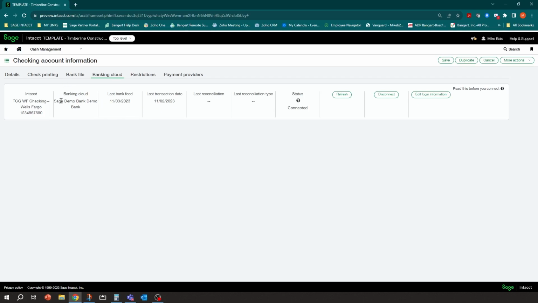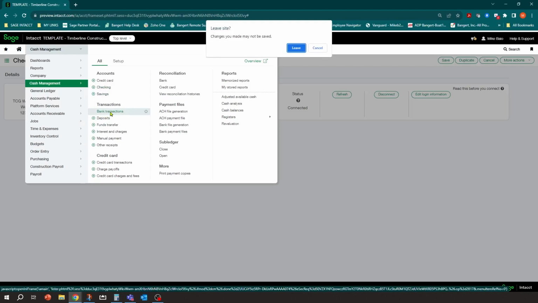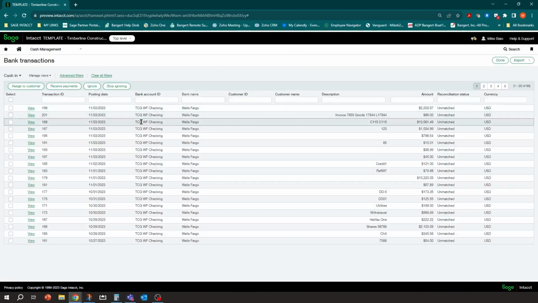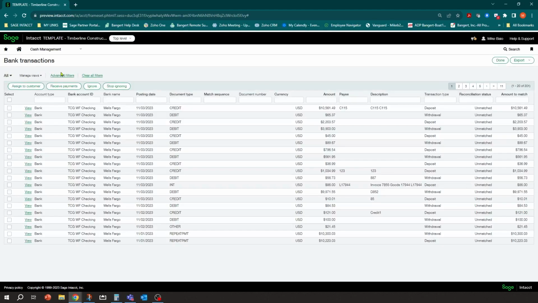But once that's done, you can see here I'm synced up to a live demo bank here, and we have some feeds from today that are connected. I'm all good, so I should be able to see transactions in the system. So let's take a quick look at those transactions. If I go into bank transactions here, you'll see a bunch of transactions that have come in the system, and there's different views, and you could establish your own views in the bank transaction feed. And so one view they do have is something called Cash In.